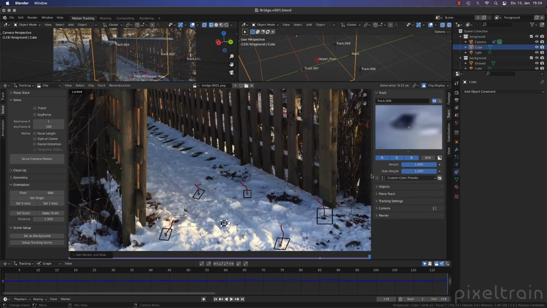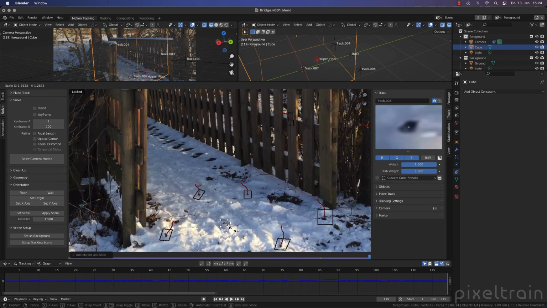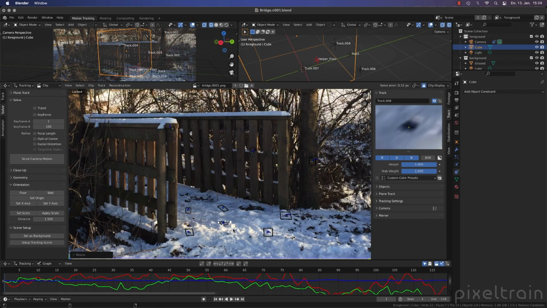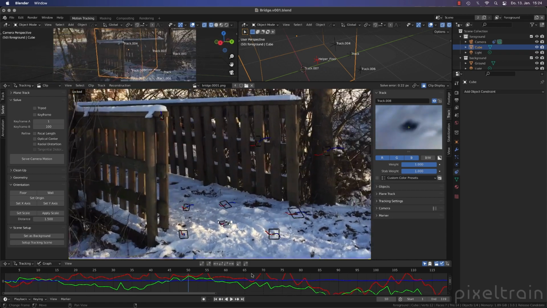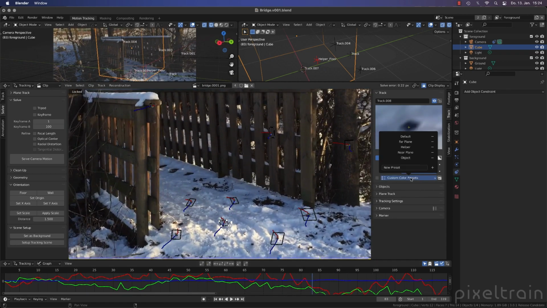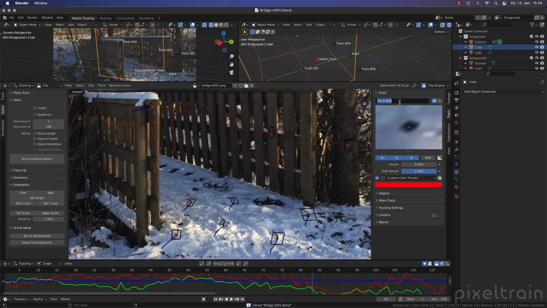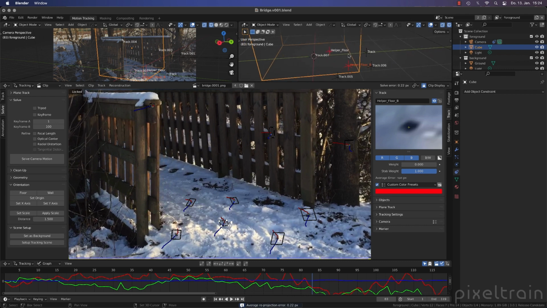So let's take this point here, and I place it, track it backward. Hopefully it goes well. Okay, this was fast. Check it. Yeah, great. I say this is a helper. It's red now. And I set the weight to 0, so it doesn't bring anything into the equation. This is another helper, floor 2 or B. And then we have to solve again. You see, the solve error doesn't change, but we have now 2 of these helpers here.